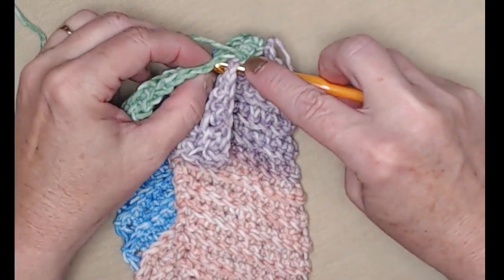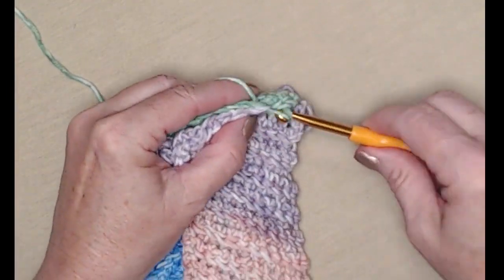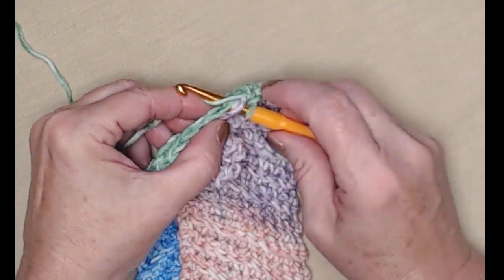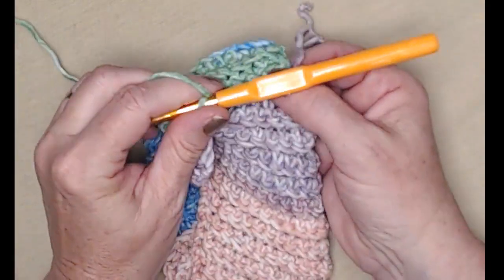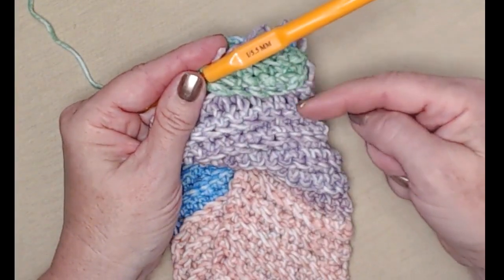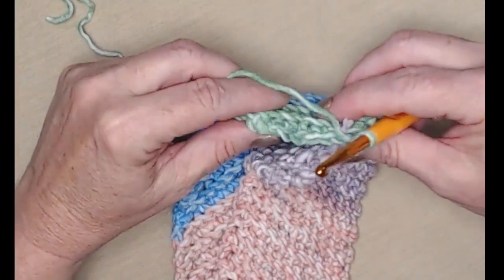And so we'll just do stitches on this side and single crochet them together. Basically, we're using single crochet stitches to sew our headband together. See how that looks? And it's going to blend right in with the ridges that we already have. So we'll just continue this across,